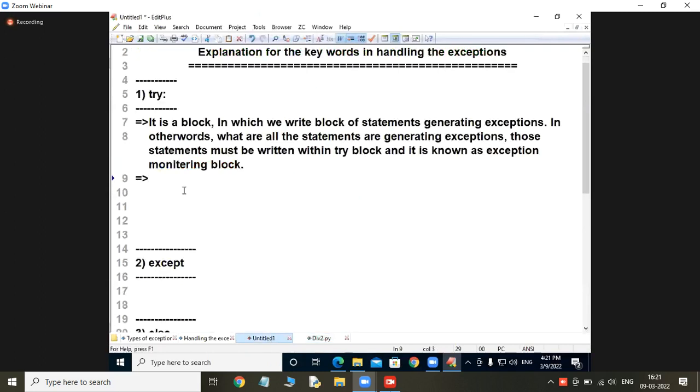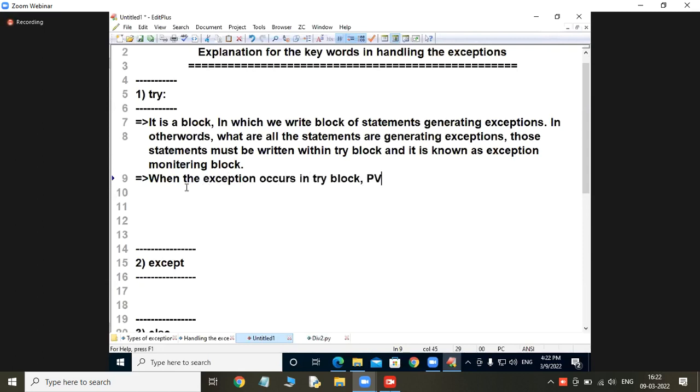Now I am writing the execution behavior of each one, the except block and the try block. When the exception occurs in which block? The try block.